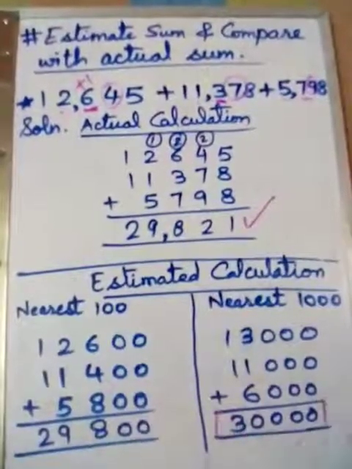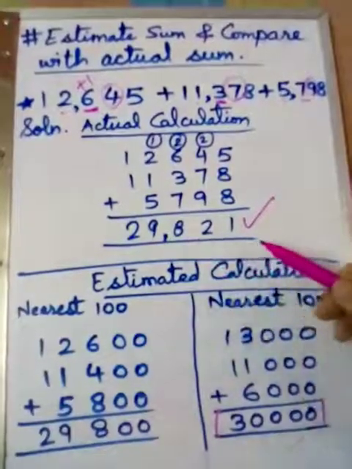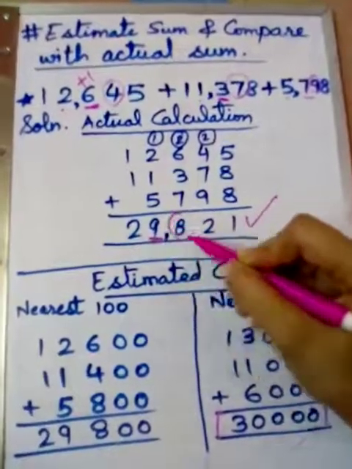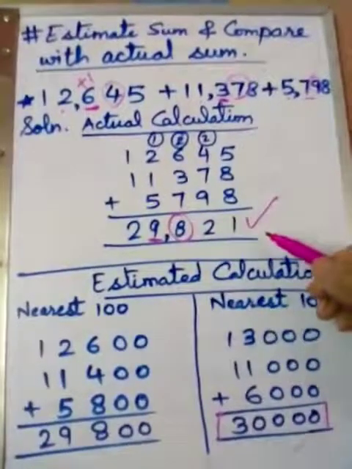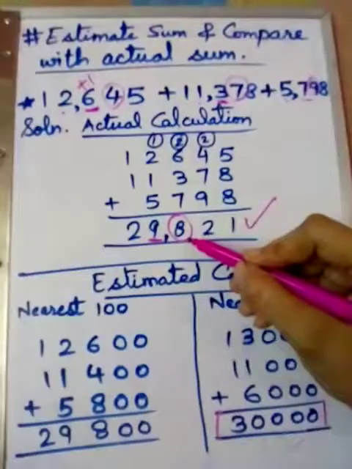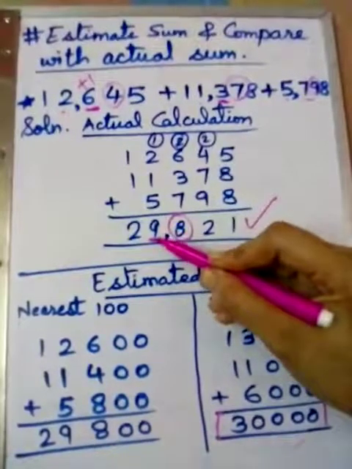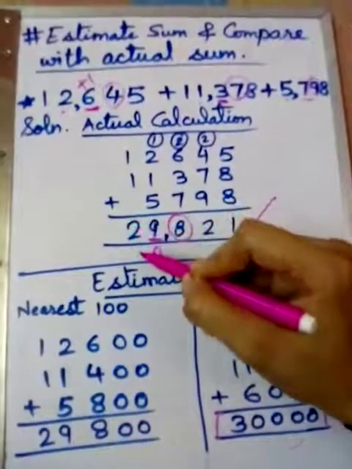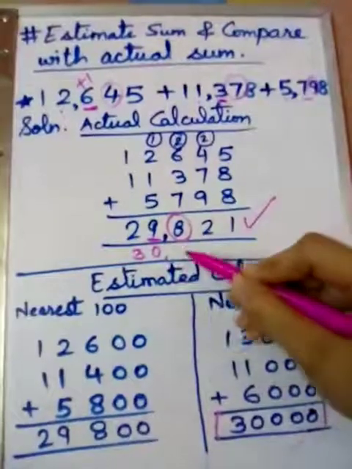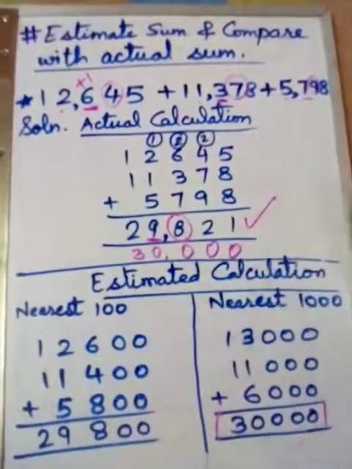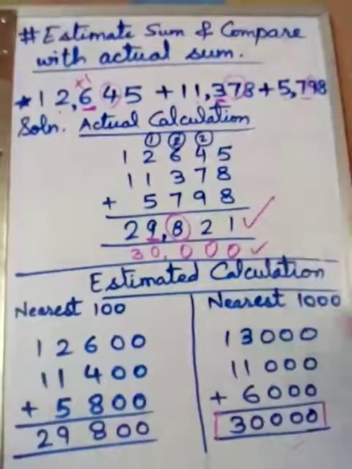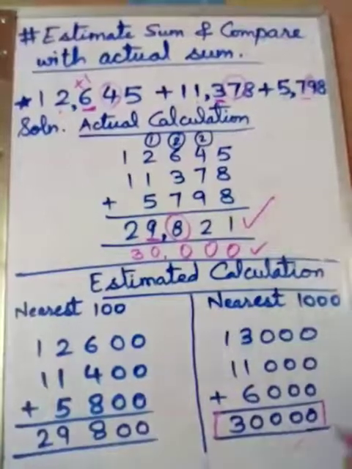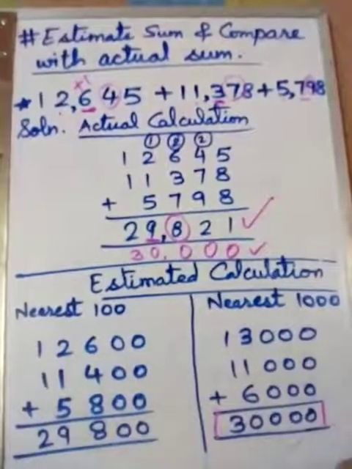So we will check the 1000 place. See, 29,821, if we round off to 1000, what will we do? We underline the 1000 place and check the previous digit. Right. So it will be 30,000, because 8 is more than 5. So we add 1 to 9, it becomes 10. We can't write 10, so we will write 0 and carry 1 to 2, so it becomes 30. And these all turn 0. So is 30,000 equal to 30,000? That means yes, the actual sum is close to the estimated sum.